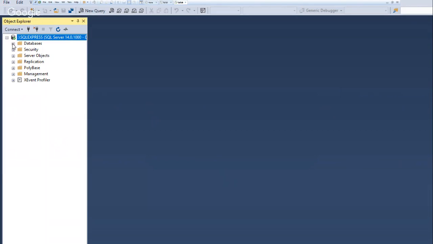We have on this server, there are no actual databases except for the system databases. I'll talk about them real briefly. For the most part, I would just say leave them alone. One of the principles of a relational database is that everything about the databases, everything about the tables, are